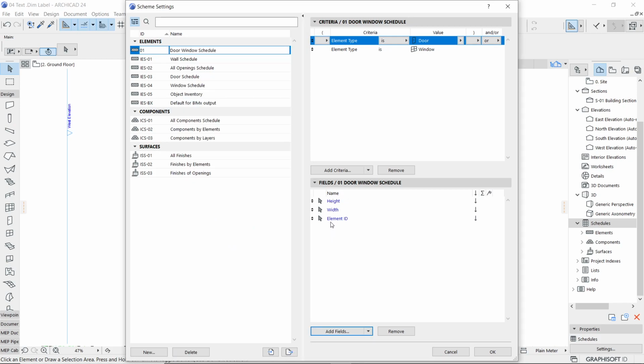That is my element ID, width, height, which is not in an order actually. So to order that in a proper manner, first of all, I would like to go for element ID. So I'm just going to pick and hold on these arrows which are pointing up and down, and then drag and just leave it on the required location. So this becomes my element ID as the first listing. Then second listing should be the width. So I'm going to hold the width and I'm going to drag a little bit up. So second listing is width, third listing is the height. That's fine. You have almost done. So you can say OK.